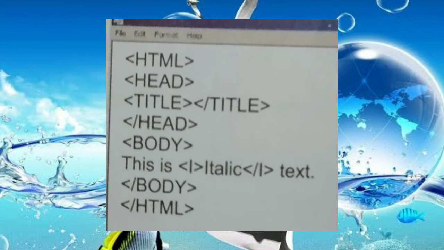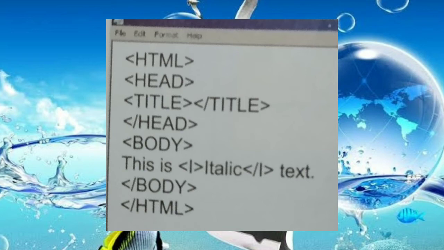Then open body tags. This is, in angle bracket capital letter I, angle bracket closed, italic, again open angle bracket, close the I tag, text, then close the body tags. Next, close the HTML document.